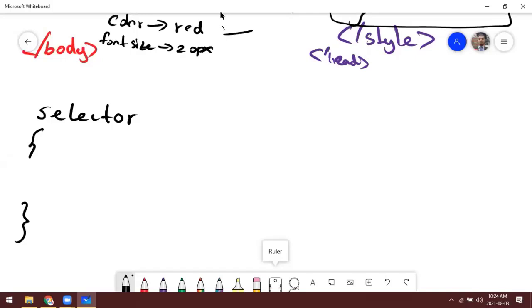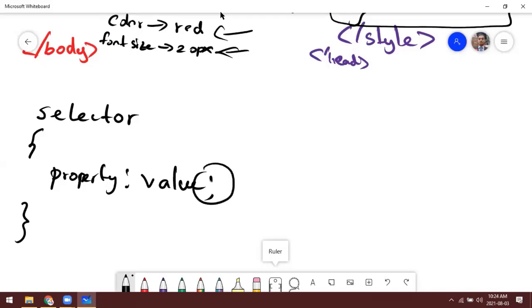So we want to apply this too. We want to make the color red and the font size like this, and also the syntax says property, colon, then value, semicolon, right? The semicolon is used as the separator. If you want to apply more than one CSS property to any selector, we have to use more than one. In that case, you can use a semicolon to separate. So here the selector is the paragraph tag, so P.